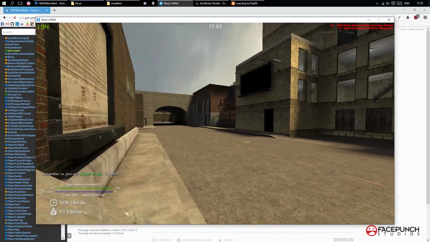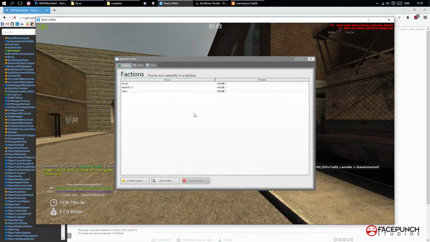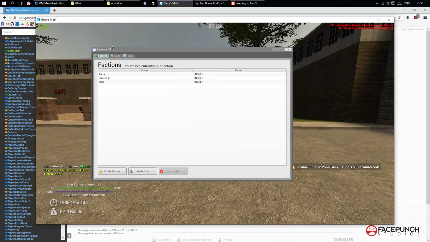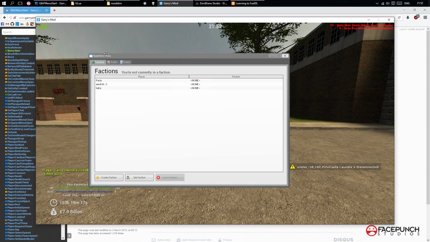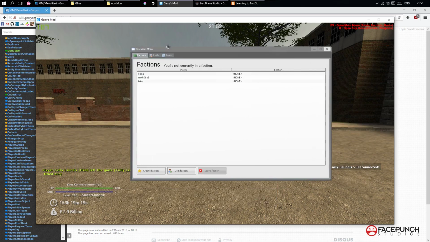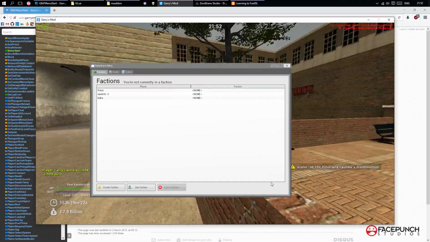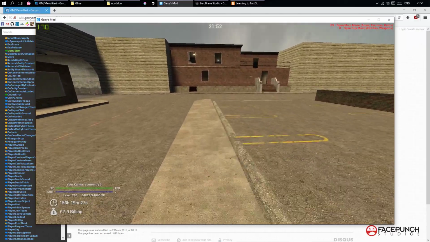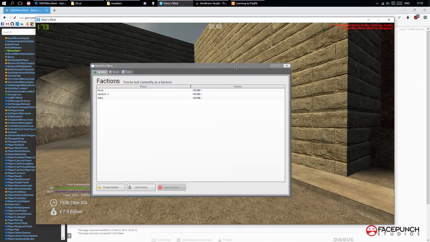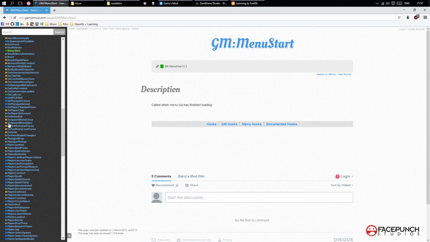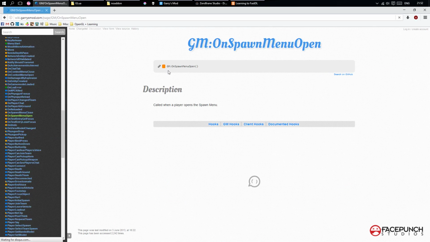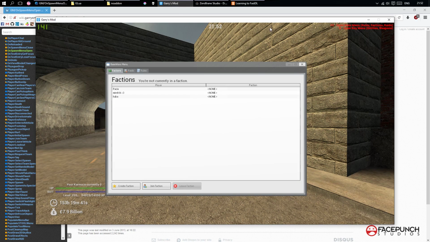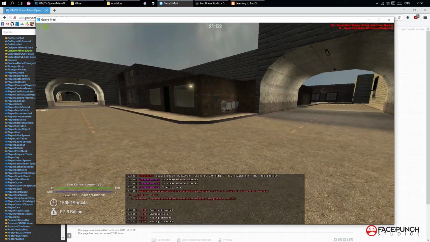For example, on base rules here, we have the F3 menu. Ignore that, that's nothing, that's just our air conditioner. We have the F3 menu here, which is a GUI panel. The server knows nothing about this panel. You could ask it any question about the Space Source menu and it would be like, what? What's Space Source menu? What in God's name are you talking about? That's because this is in the client-side realm, which is what I referred to here, the orange symbols. And if I just quickly enable EPOE,